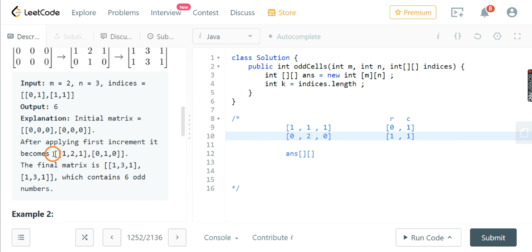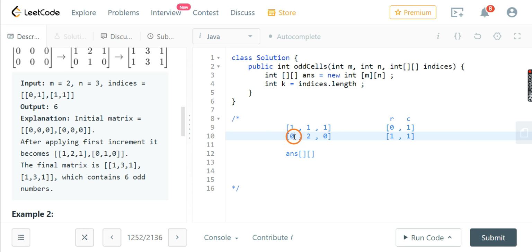So see, they both are looking similar. Now let's make our final increment. After the final increment, our matrix will look something like this. We came here. It says that increment all items present in the first row of our answer matrix. So this is the first row of our answer matrix.